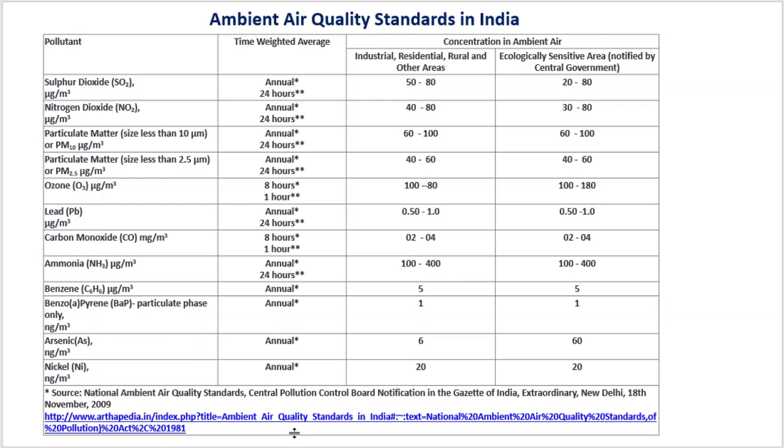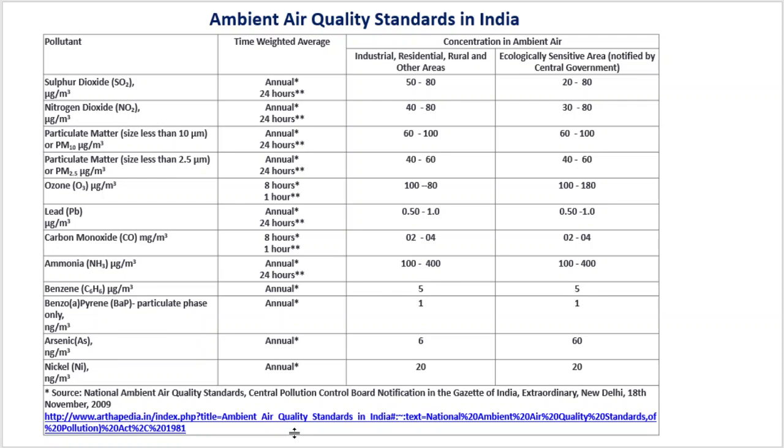Whenever and wherever two consecutive values exceed the limit for the respective category, here we can see the different categories, for example for lead the limits are 0.5 to 1 and 0.5 to 1, it would be considered adequate reason to institute regular continued monitoring and further investigations. The state government, state board shall notify the sensitive and other areas in the respective states within a period of 6 months from the date of notification of the national ambient air quality standards.